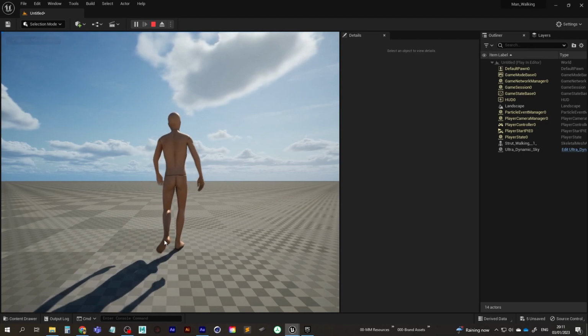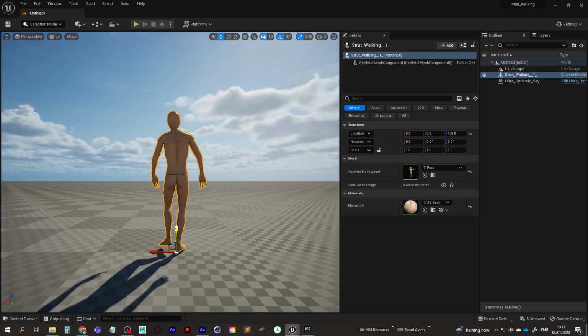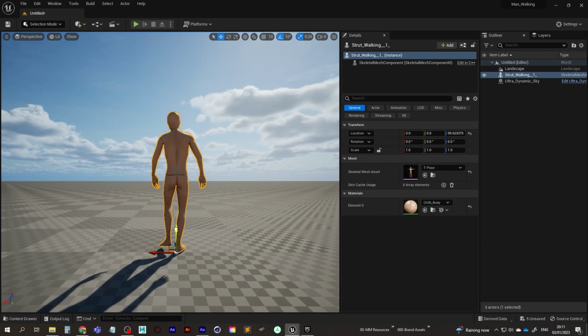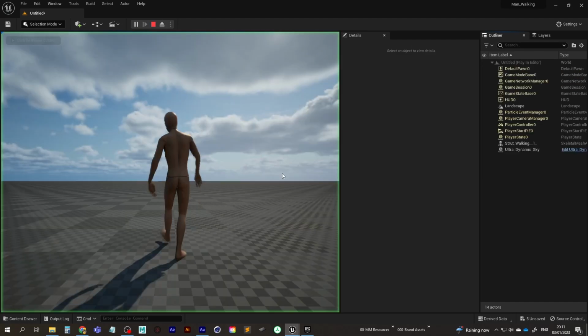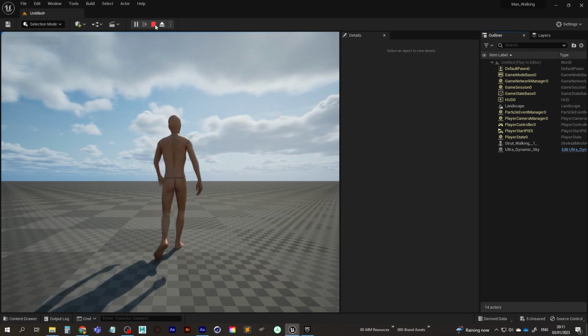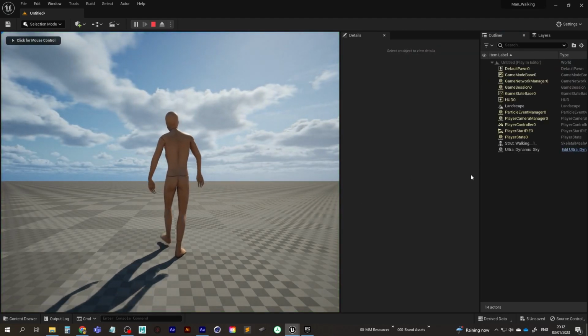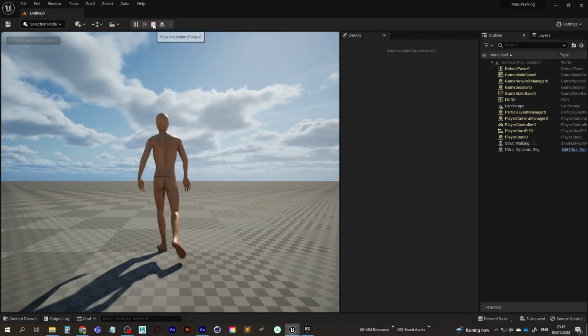So it looks like his feet are slightly above the ground, so we can just stop that. You can see if I move him up and down there, he's snapping, so we don't want him to snap to the grid, so let's turn that off here. And now we can move him ever so slightly down, so that if I hit play now, it looks a bit better. There is a bit of intersection between him and the floor, so I'll move him up ever so slightly, and we'll go for that. That looks about fine. Okay, cool.